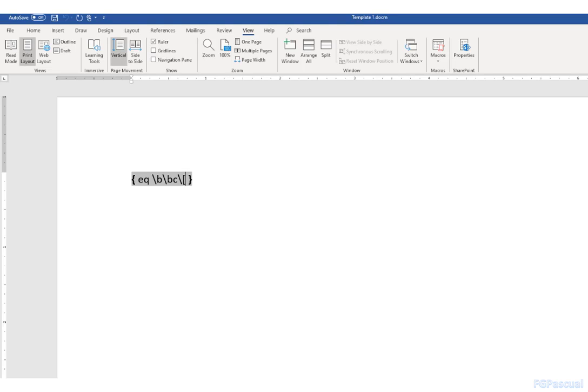Type a pair of parentheses to enclose the entries of the matrix. Then remove this annoying space between the closing parenthesis and the closing field code bracket. Bring the cursor inside the parentheses. Now we have to use a second field code, and that is for an array. We call up the field code brackets inside the pair of parentheses, type EQ, space, backslash, and then A for